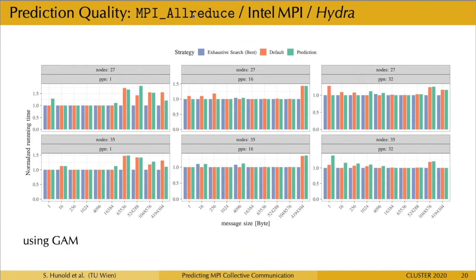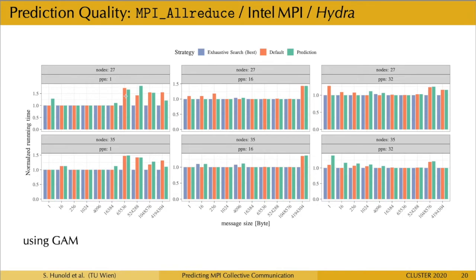So let's look at Intel MPI on the same machine, same way of doing things. And again, blue is the best possible. The red one is the one that is selected by Intel MPI, and the green one is our predicted algorithm. So what we see is that basically the default decision logic is already very close to the best possible. So in general, there's not much to gain, because this is what we have. There are only a few exceptions where we are a bit slower than the default logic, here for example for that case. But the important thing here might not look very striking at first glance, but the point is